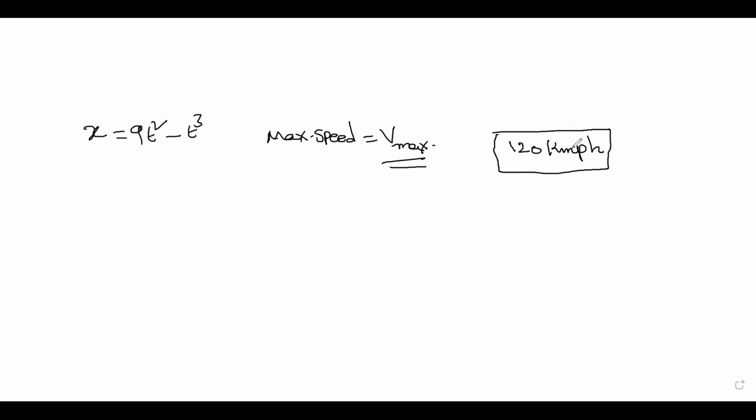Maximum speed. If I say that the car can go at a maximum speed of 120 kmph, I fix the speed of the car. That is the maximum speed. So once I fix the maximum speed of the car like 120 kmph, beyond this it cannot go. This is the rating of the car. Now I ask you one question. Is there any way I can make it go more than this? No, right? That is the maximum speed.